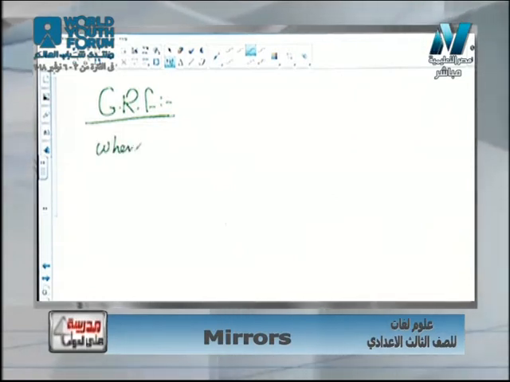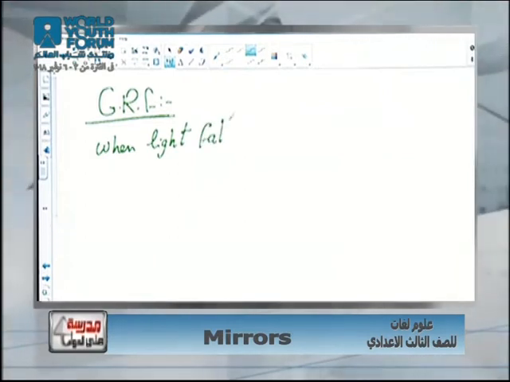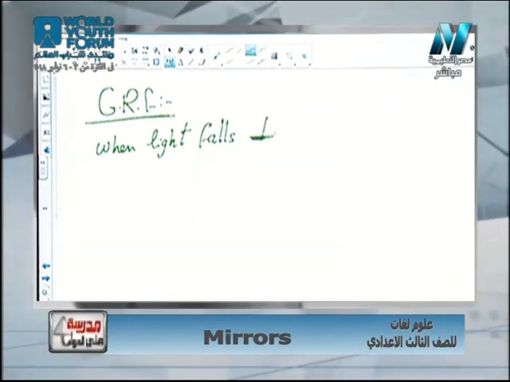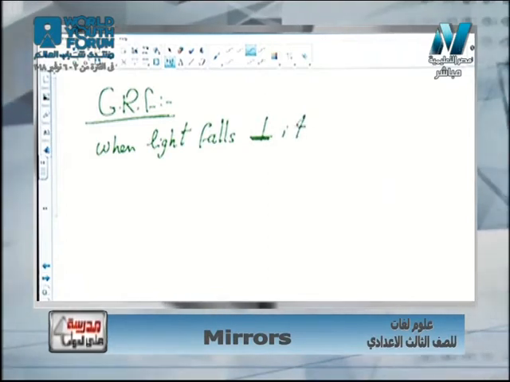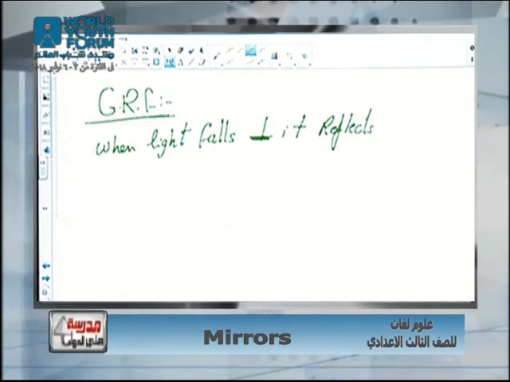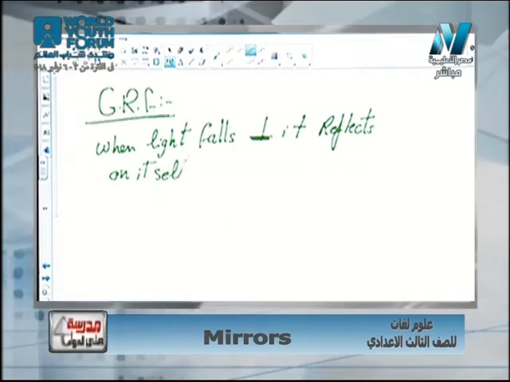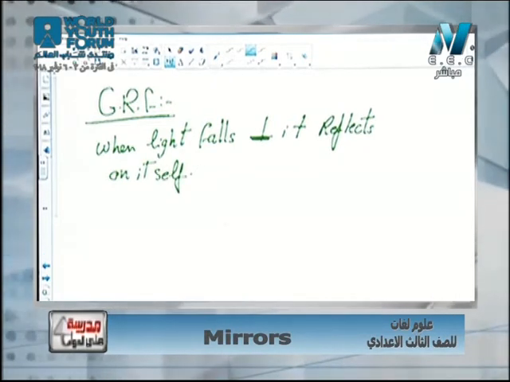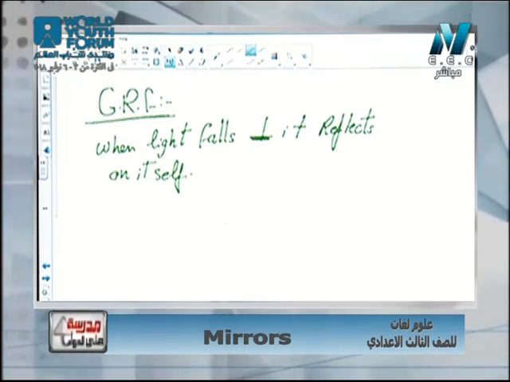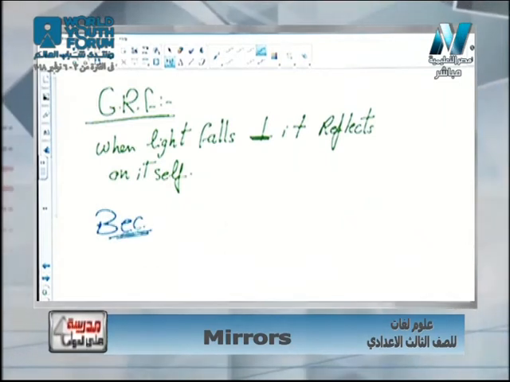Give reason for: when light falls perpendicular, it reflects on itself. As we studied before, هقول له because of the first law,